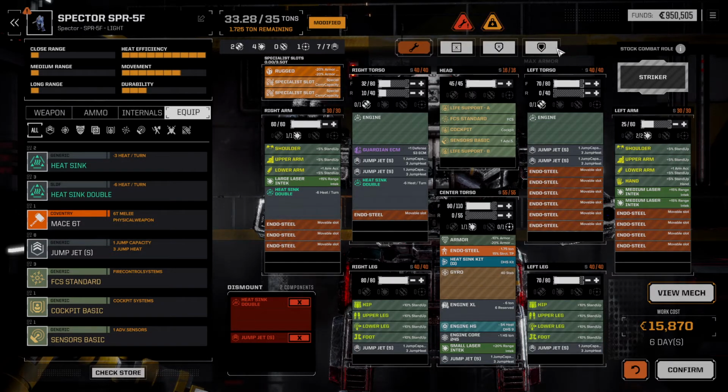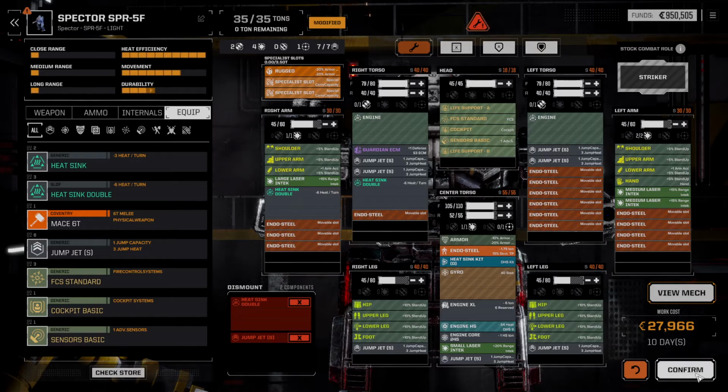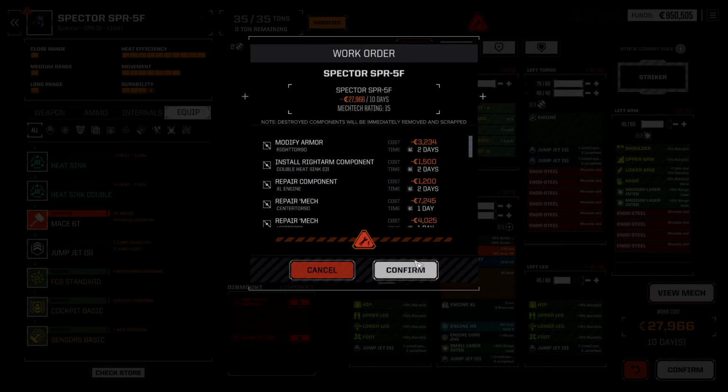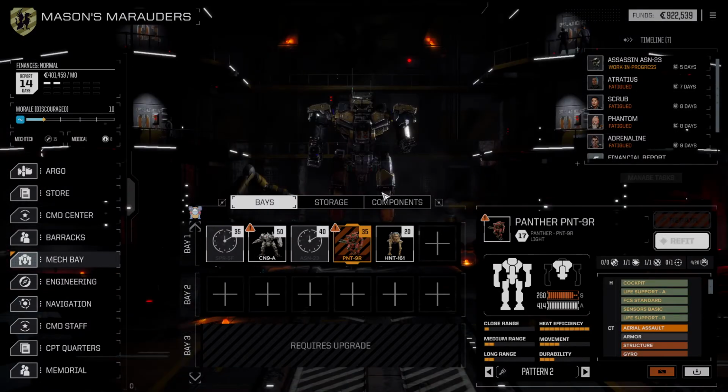Okay, and then we'll also max out that sweet, sweet armor. There we go. Our rear armor is much better now, actually. Yep, we will do all those repairs. It'll take 10 days. Luckily, we can do some repairs now. And yeah, that made it not super worthwhile. However,